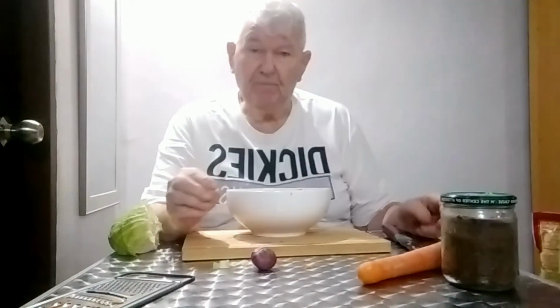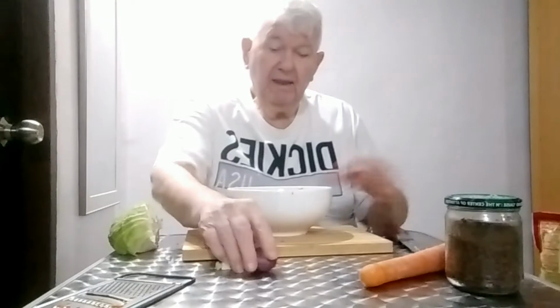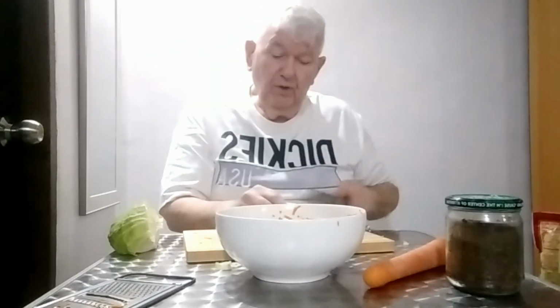I eat a lot of sauerkraut also. My German heritage, I guess, quarter German. And I love this. I love the caraway seeds in my sauerkraut. But then we're going to add a thinly sliced